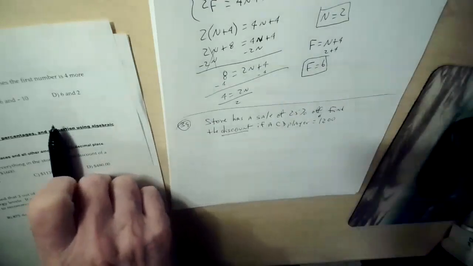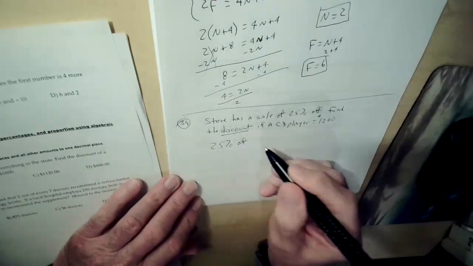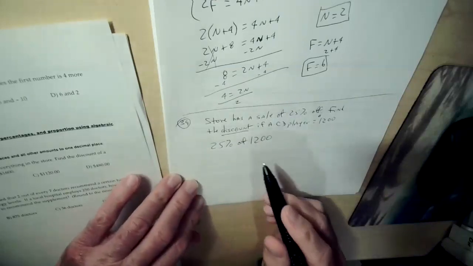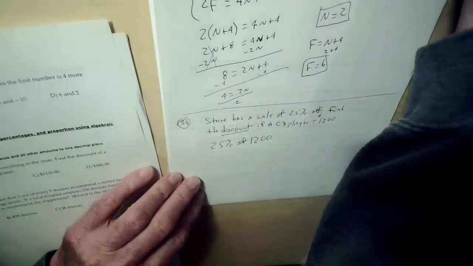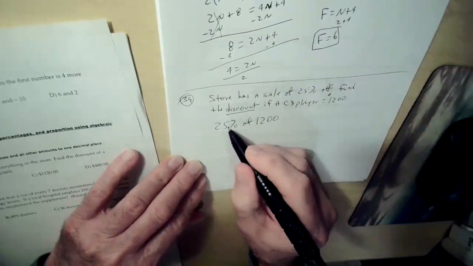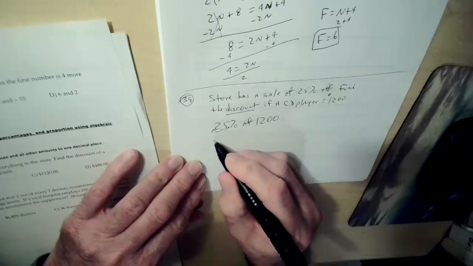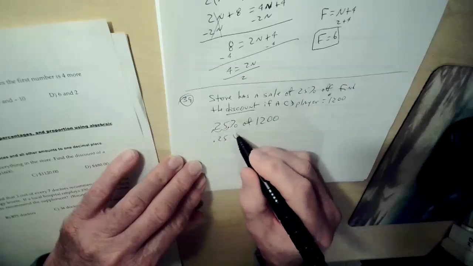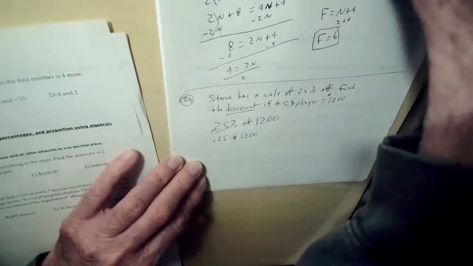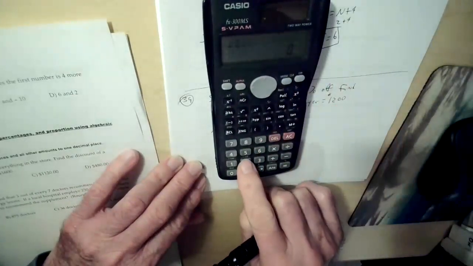Now look, all they want is the discount. They don't want to know how much it ends up costing you. They just want to know what is the discount. Now look, you cannot use percent in calculation. You have to change this to a decimal. Now the decimal point is here. We just don't write it. So we always move it 2 times to the left to get the decimal equivalent. And that's 0.25